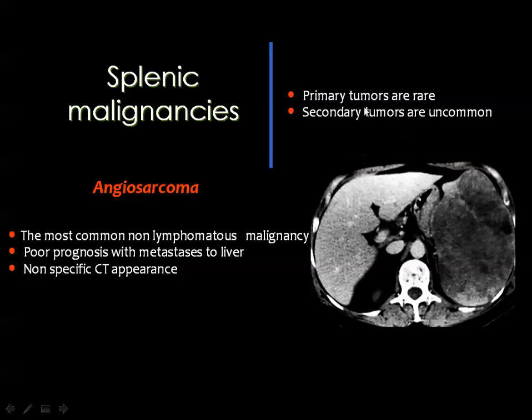The primary lesion is angiosarcoma, and this is the most common non-lymphomatous malignancy. And you know that lymphoma is the most common malignant lesion of the spleen. The diagnosis of angiosarcoma of the spleen cannot be obtained, actually, in my opinion, without the biopsy, because there is no specific CT or MRI finding to predict that this